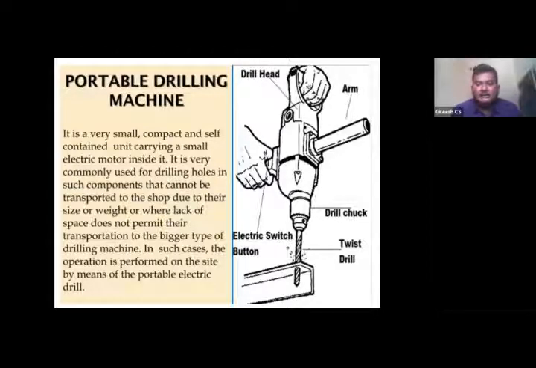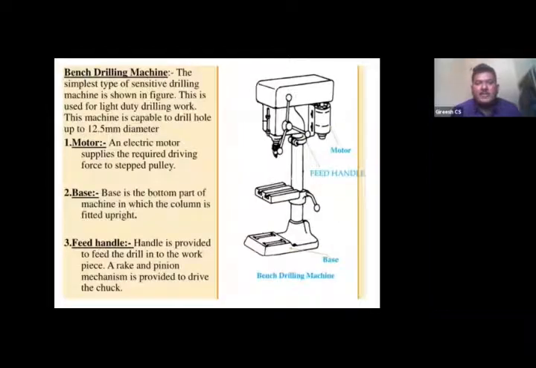Okay. So next one is the bench drilling machine. Bench drilling machine is also referred to as a sensitive drilling machine. Why it is a sensitive drilling machine is, here the feed is nothing but the vertical movement of the tool against the workpiece material.